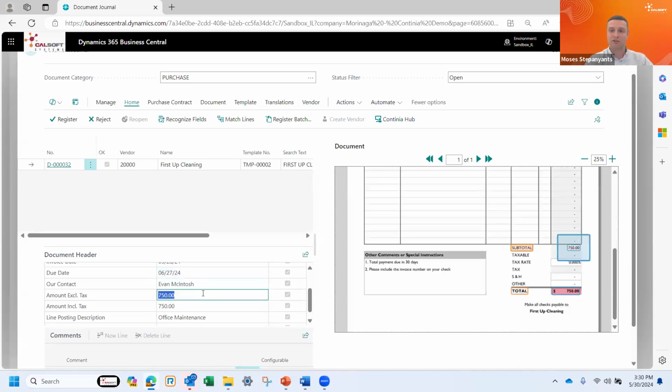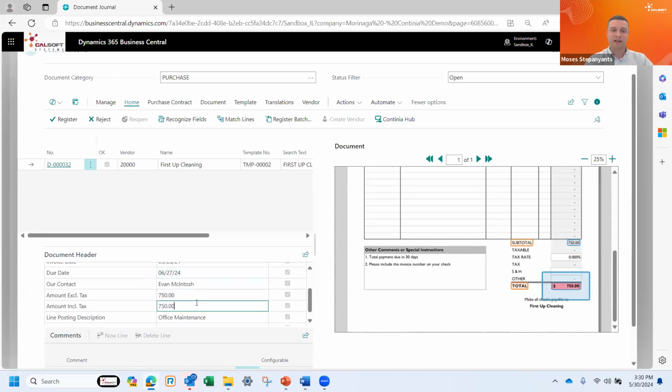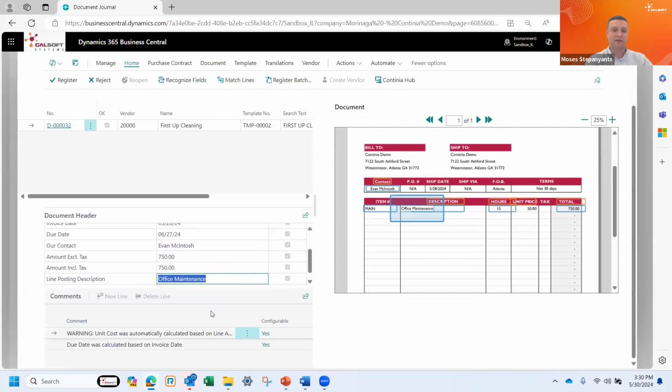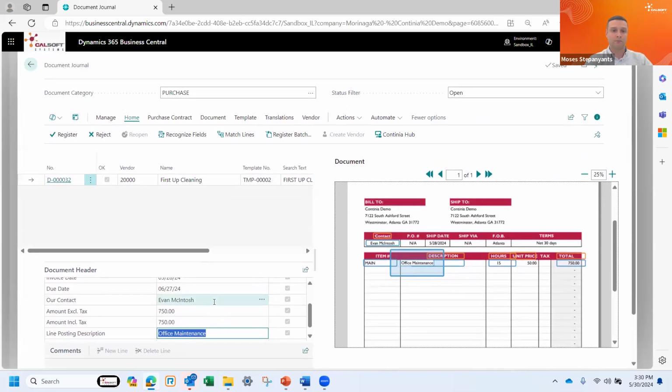I'll move on down to my amounts. Subtotal, I've trained the system to always look for subtotal, and it'll be on the same line. Amount including tax, always at the bottom. So this is where you're training the system on where to pick up this information. Line posting, so office maintenance, right? The description of what the invoice is for. Office maintenance, 15 hours at $50 an hour. Here's that total. And then once everything looks good, I can basically just go ahead and